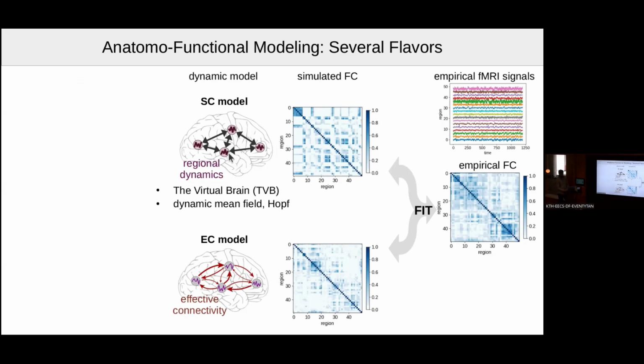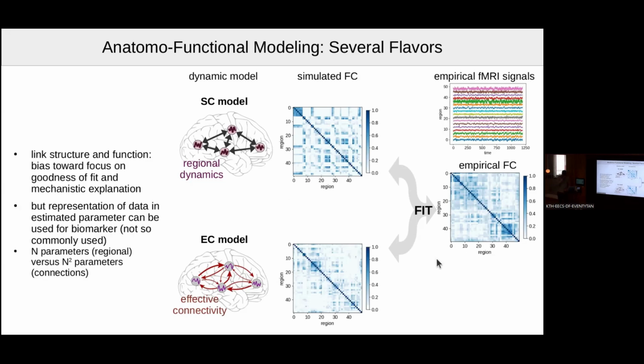And the key is how you make a biophysical model of your dynamics and how this affects the activity pattern, so that you can quantify this functional connectivity. And of course, the point is to fit that to empirical data. So I just wanted to argue that